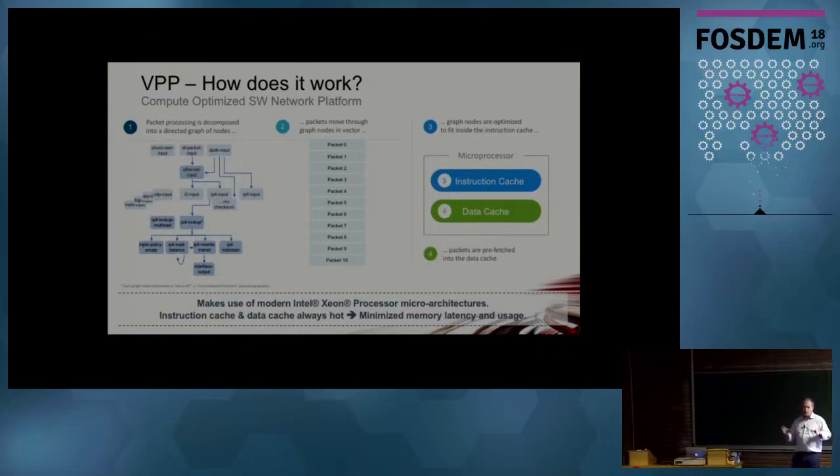It works with vectors of packets in order to make the best use of instruction cache as well as data cache, right? So when we have to process a packet, we go through several nodes. For instance, we can read packets from DPDK, and then we'll get a bunch of packets from DPDK. They will be processed at Ethernet level, and then we perhaps will do IPv6 or IPv4, do a lookup, and then forward it, right? So we have several steps.